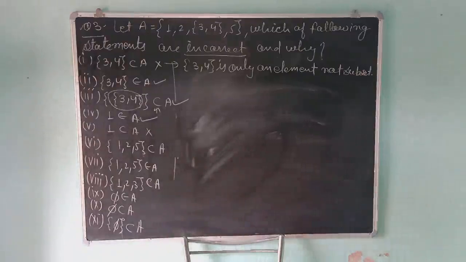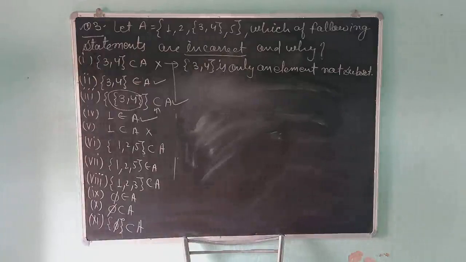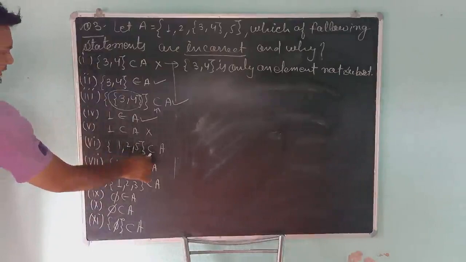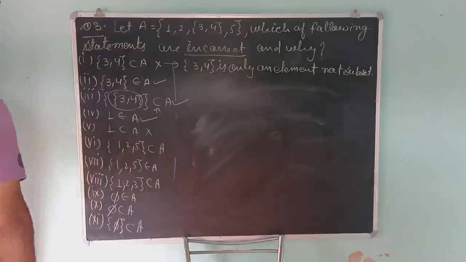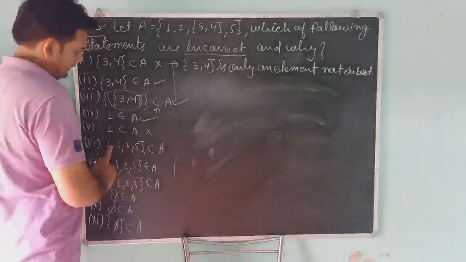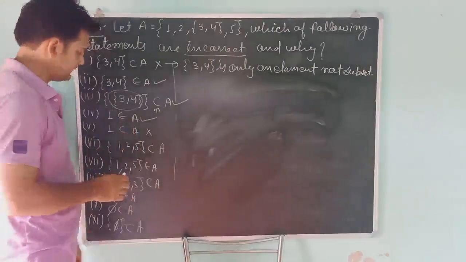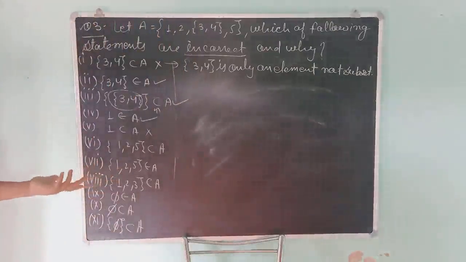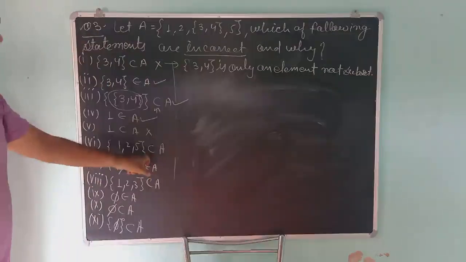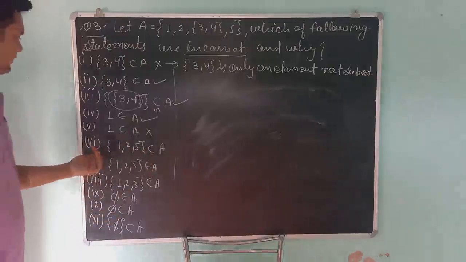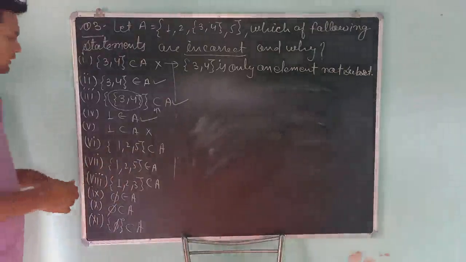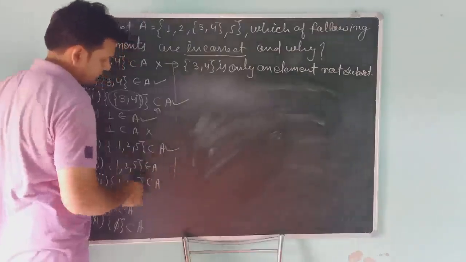Okay, students. Now we will write question number 6. According to the 6th question, we have {1, 2, 5} is a subset of A, with bracket. With bracket, that means this is a subset. So this is the right, correct statement, and the symbol used is subset, and here we have extra brackets put by the book. So this is correct.